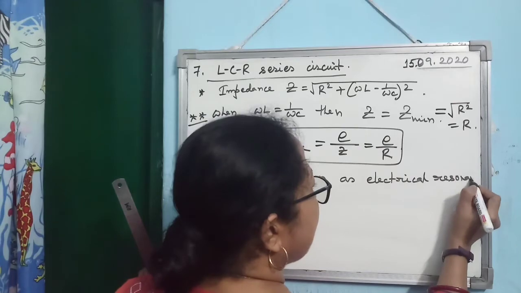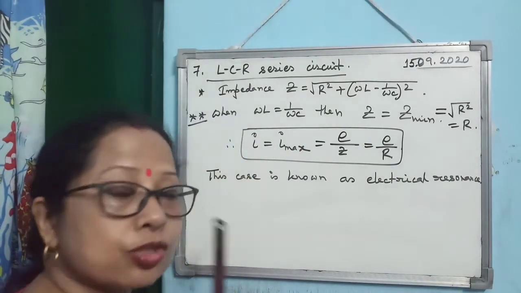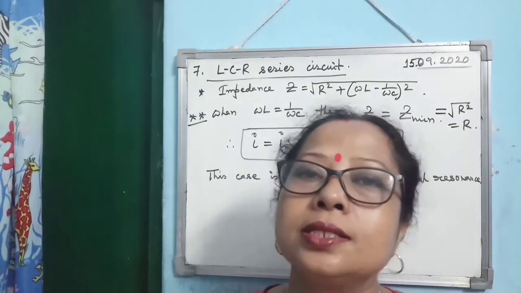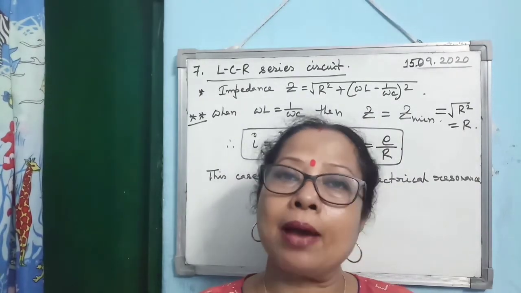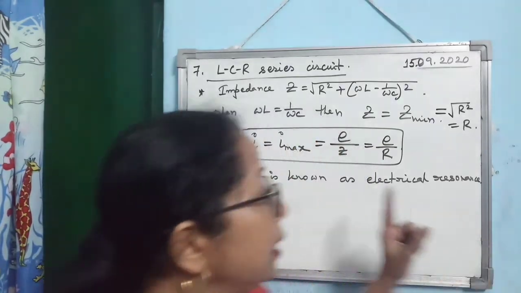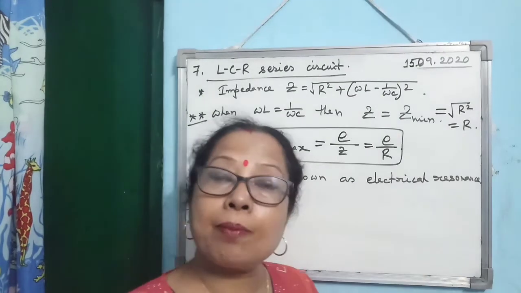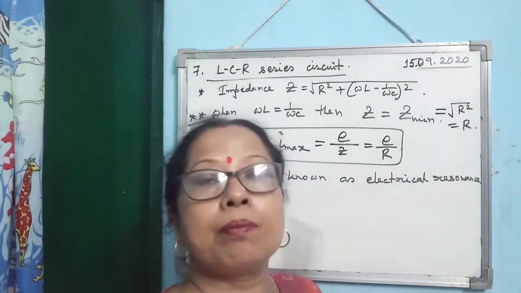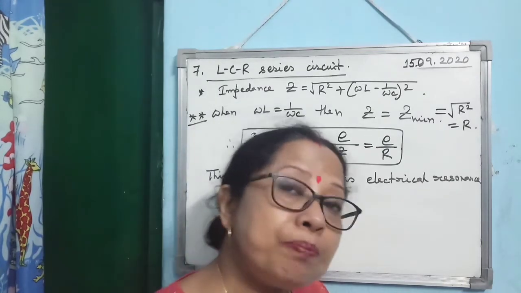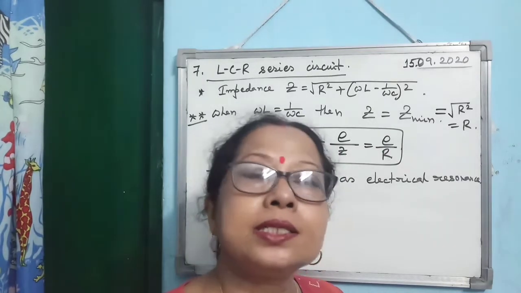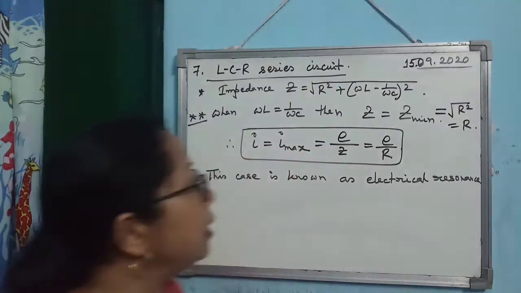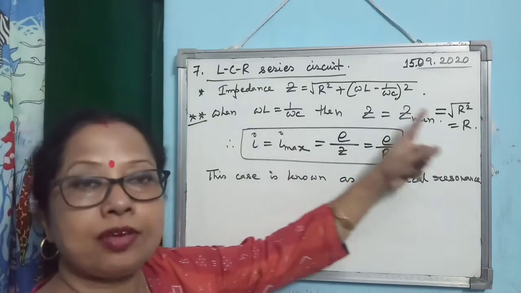That's why this condition is very, very important. When can we say our electrical circuit is in resonance? Just try to remember the actual condition of resonance in sound. What happens in that? Amplitude becomes maximum and sound becomes louder. Now in this case of electrical resonance, what happens? Current in the circuit becomes maximum. When will it become maximum? When impedance is minimum, because impedance is the resistance offered by the combination.